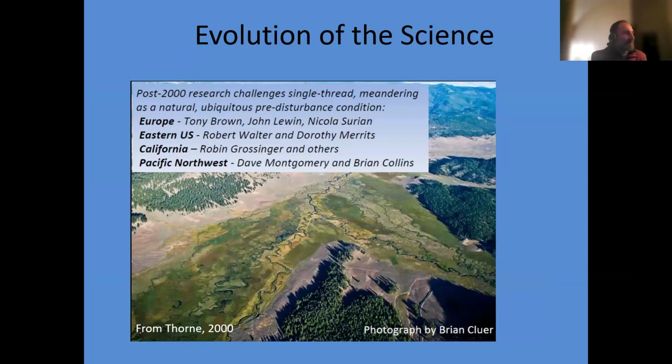But in 2000, shortly after 2000, a lot of post-2000 research has been done that really challenges that idea of the single thread channel as the dominant channel in the broad alluvial valley setting. There's a series of papers listed here from different regions of the world that have really shown that the dominant morphology is more of an anastomosing or multi-thread channel,